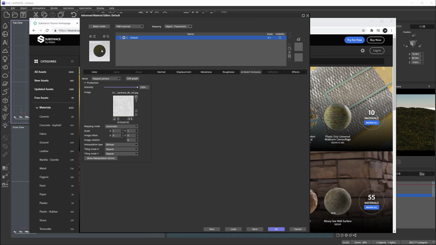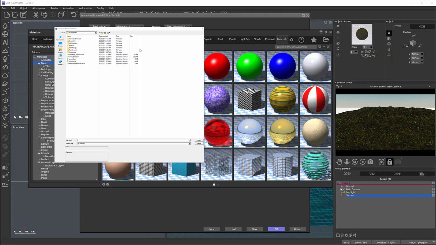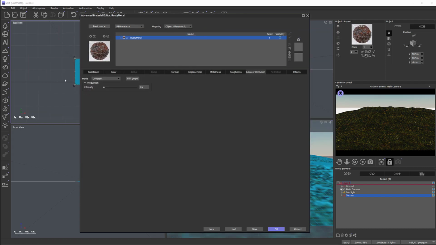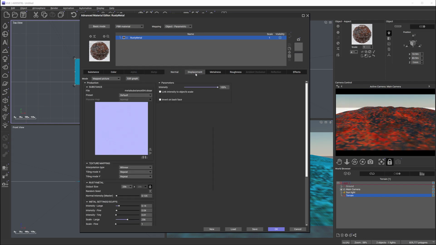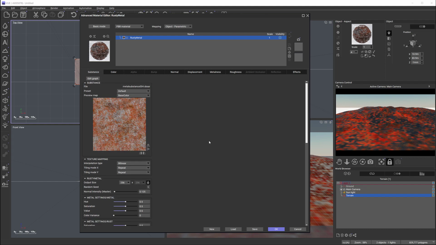Let's go ahead right here, open materials, and browse to our directory, and you'll notice we have all these different types of material. We'll just select one. Let's open. It does apply, you'll notice it does apply, but the interesting thing about these materials from Substance is that they have